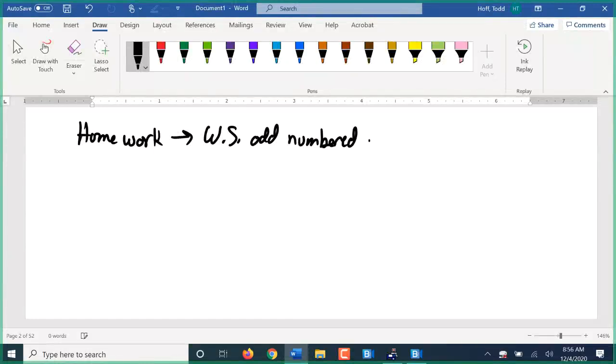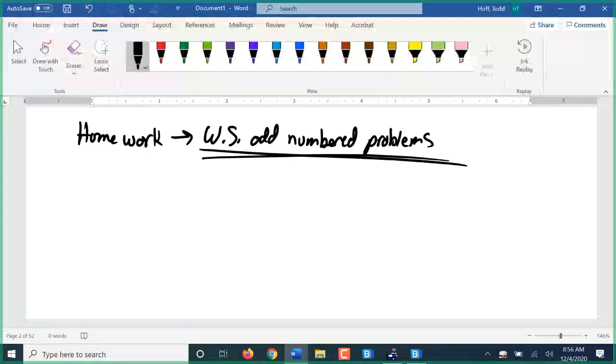Because yesterday we did the even numbered problems. But again, rather than giving you work time to do that here in class, I'm going to continue on to the next step. So our next